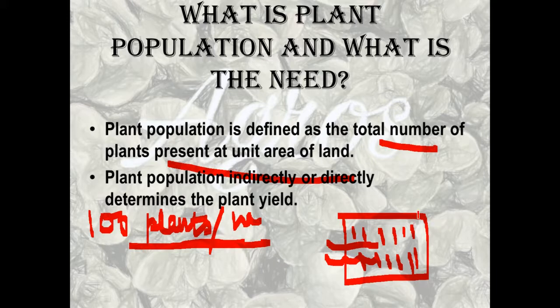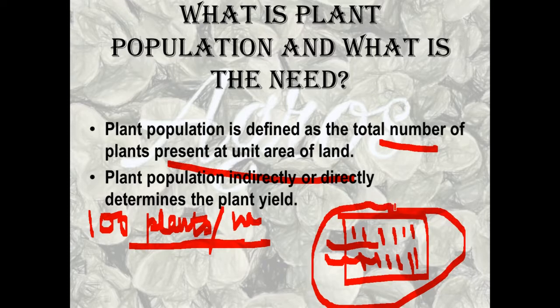For that, they need to know the human population over there. If they know the human population, just suppose 100 people were living over there, so the government would need clothes for 100 people, food for 100 people, area and shelter for 100 people. That would be decided by just knowing the human population.